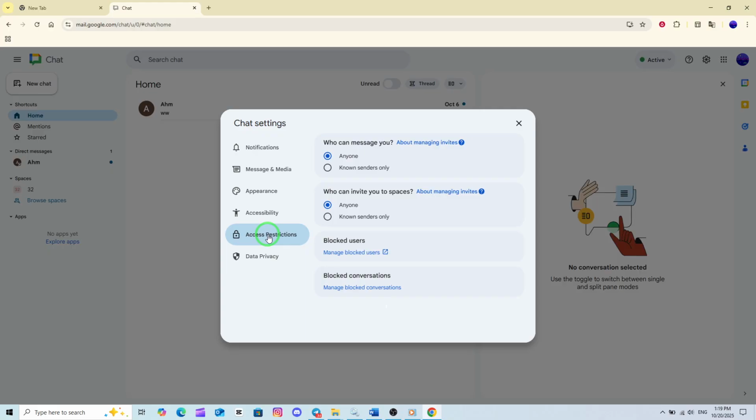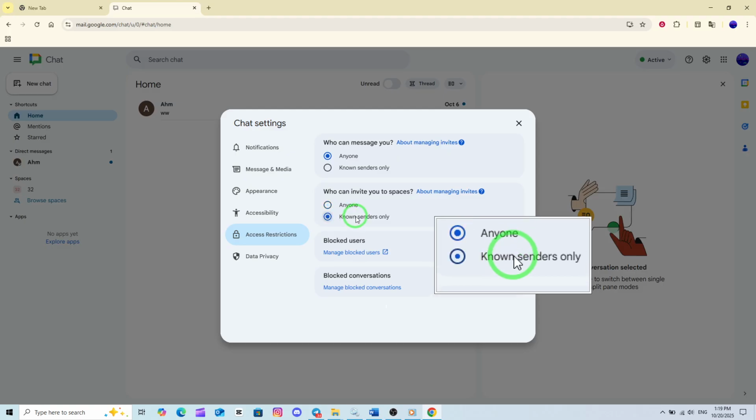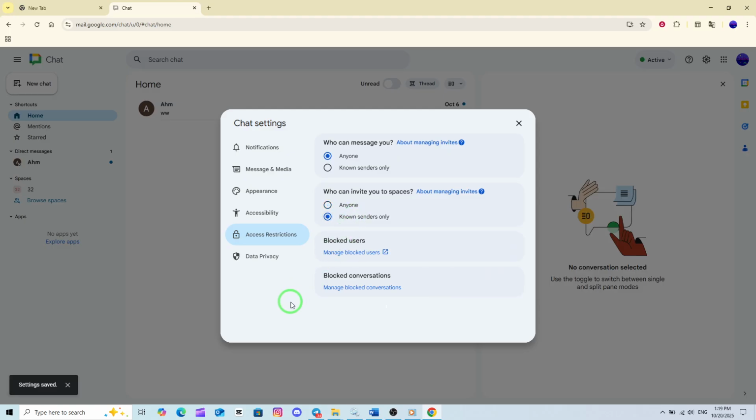Now, under the section labeled Who can invite you to a space, you'll see different options. Select Known Senders Only. This means Google Chat will only allow invitations from people you've interacted with, or those already approved as trusted contacts. Once you've made your selection, your changes are saved automatically, so there's no need to do anything else. From now on, you'll receive space invitations only from people you know, making your chat environment more secure